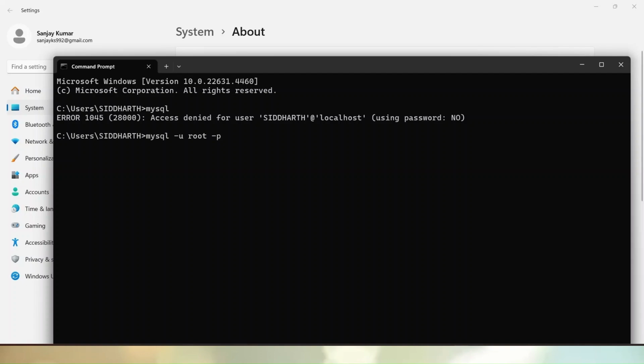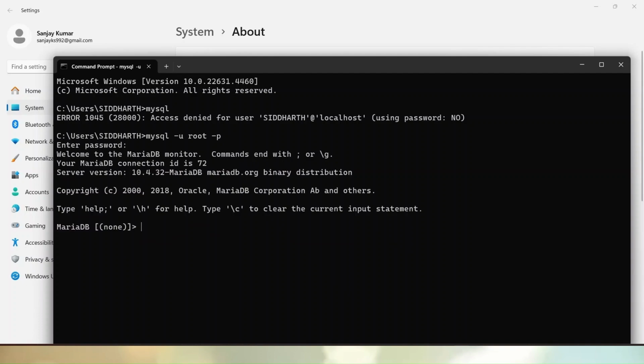In this case, we have two options to pass the password. If I want to pass the password value directly inside this connection string, let's assume the password of phpMyAdmin is password. So after -p, here the password. But let's say I don't want the password value here. Simply after -p, if I hit enter, you can see that it is asking for a password value. In my case, the password is blank, so if I hit enter without passing any value, you can see that I'm successfully logged in